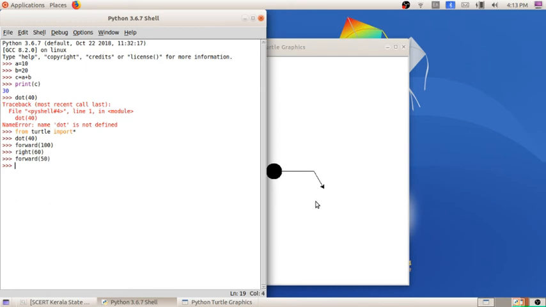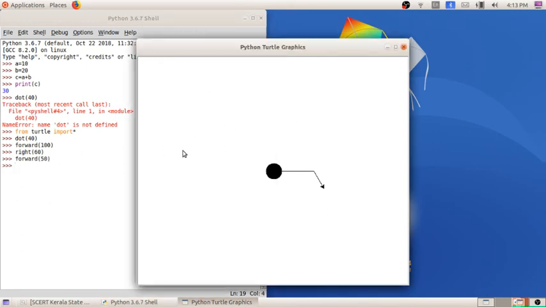So these are some of the commands, and while typing these commands you will be getting the output in a particular Python turtle graphics window. So this dot represents the dot itself, forward represents the distance to the right direction, and right of 60 means the angle. How much angle we are giving, the arrow mark will move to that much degree angle.